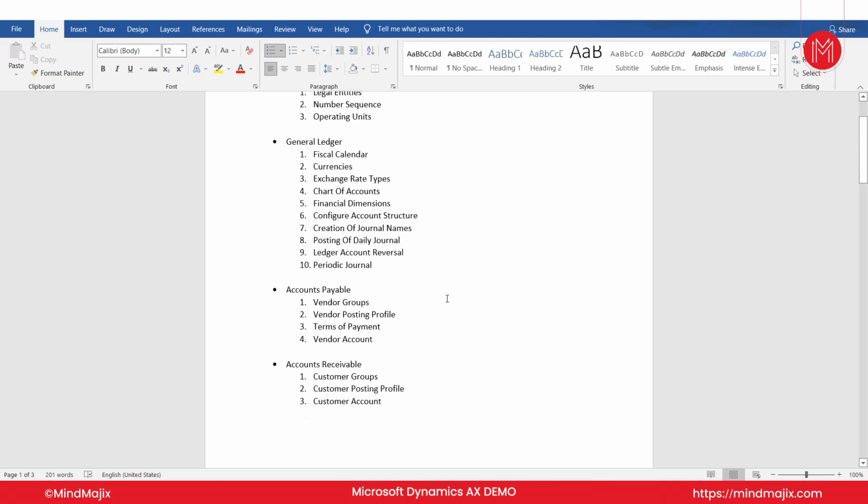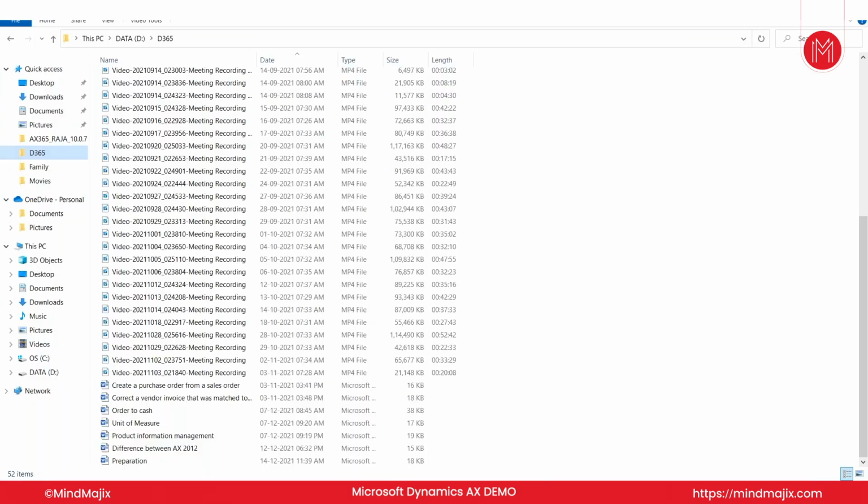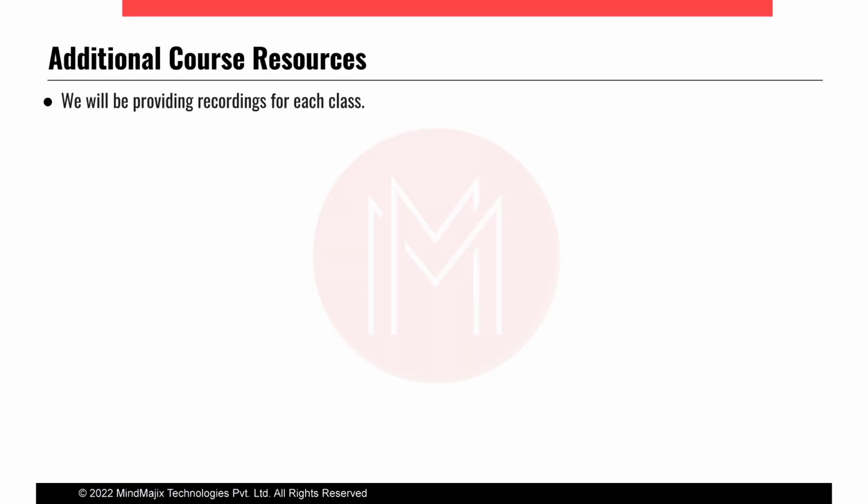And accounts payable, accounts receivable. In accounts payable, we will use vendor groups, vendor posting profiles, terms of payment, and vendor account. These are the things that I will explain to you. In accounts receivable, customer groups, customer posting profile, and customer account. And we will provide the recording class for this one. We need to contact the